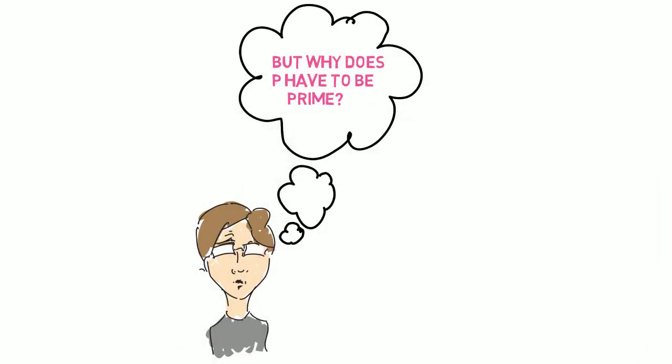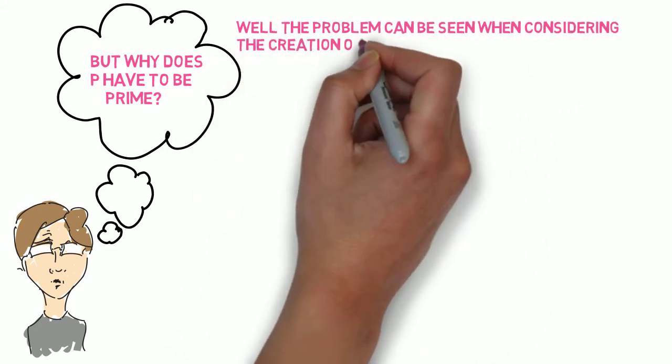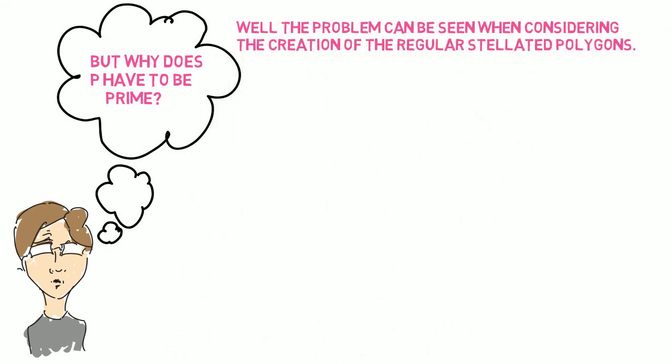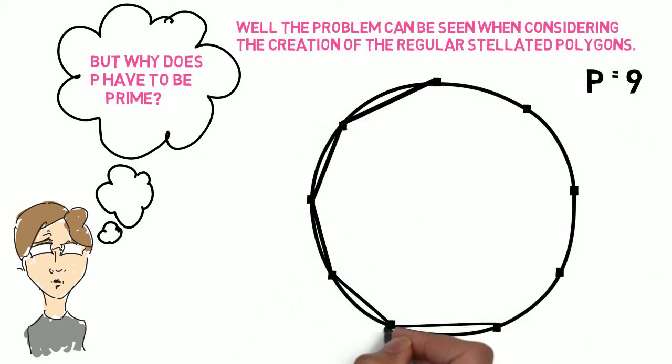But why does p have to be prime? Well, the problem can be seen when considering the creation of the regular stellated polygons. If you consider p as any composite number, let's say 9, and start creating regular stellated 9-sided polygons by first connecting points with line segments skipping no points,